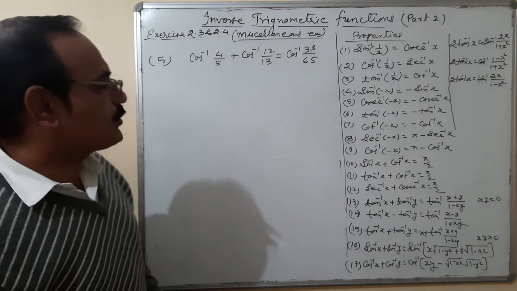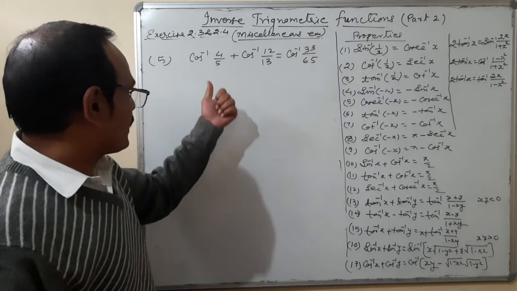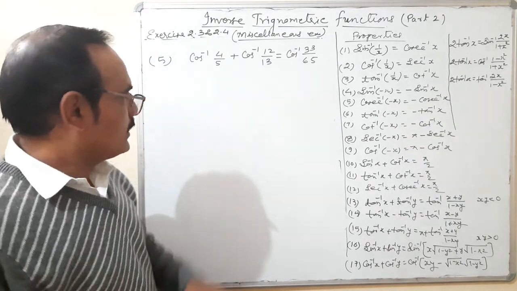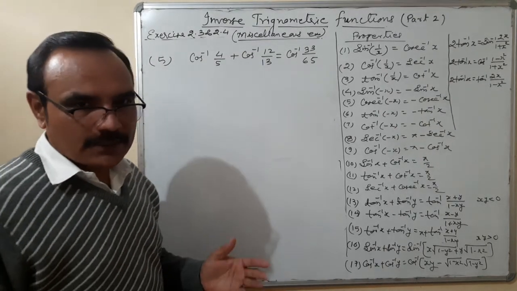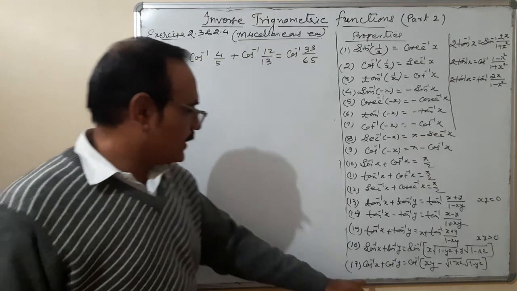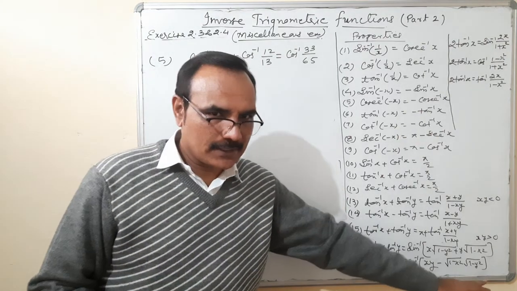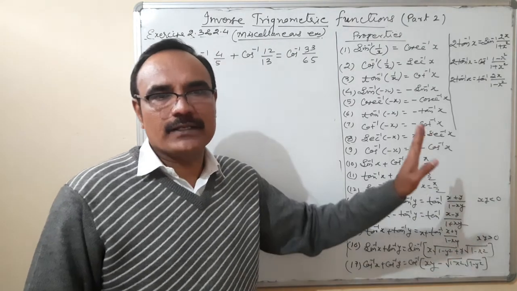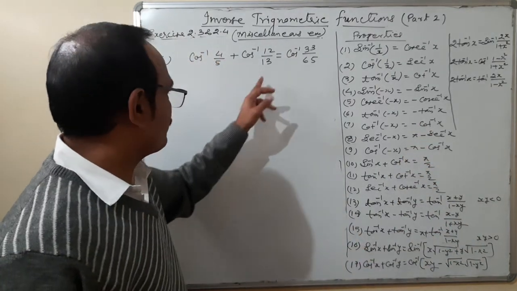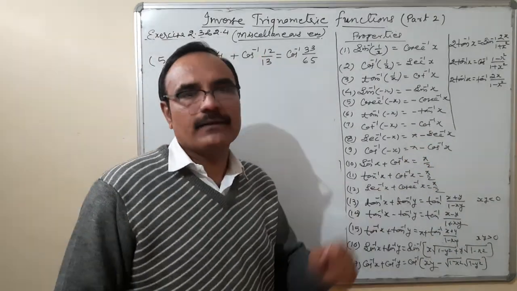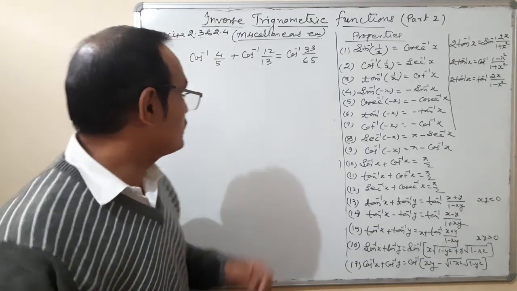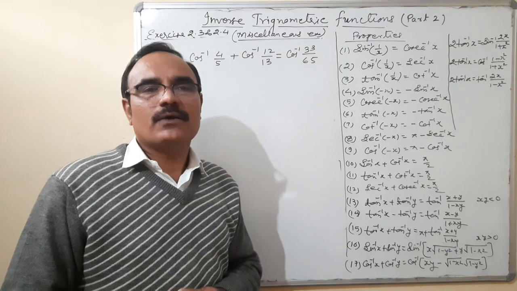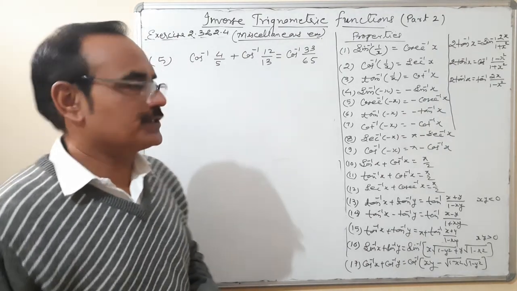Or another way also we have, that we will convert these cos into the form of tan. Either way, I am telling you both the methods. Either simply you can put the value in this formula and you are getting the result. Cos inverse x, cos inverse y, that you can put here, find the result. X is equal to 4 upon 5, y is equal to 12 upon 13. But sometimes you know what happens, one value in the form of cos inverse, second in the form of tan inverse. Then how to solve these type of questions?